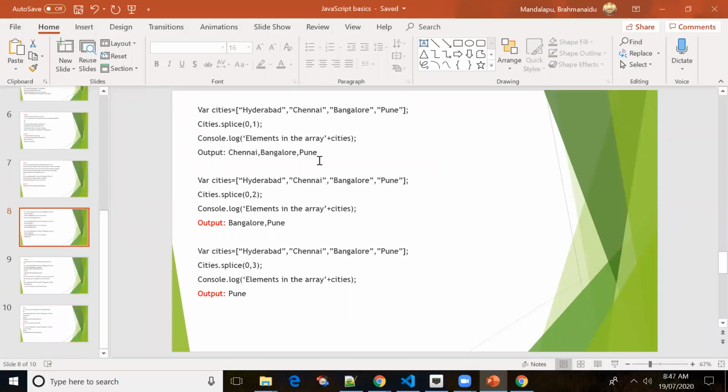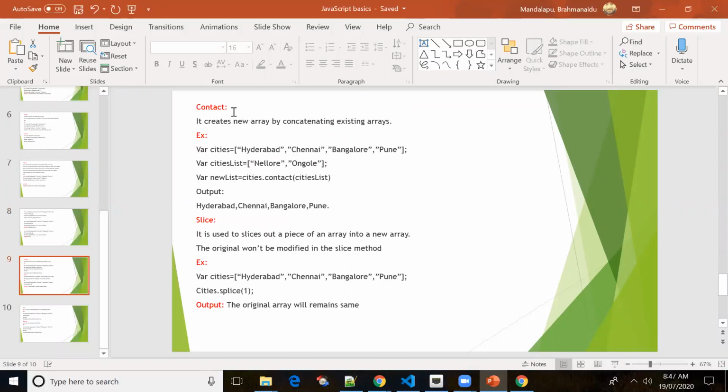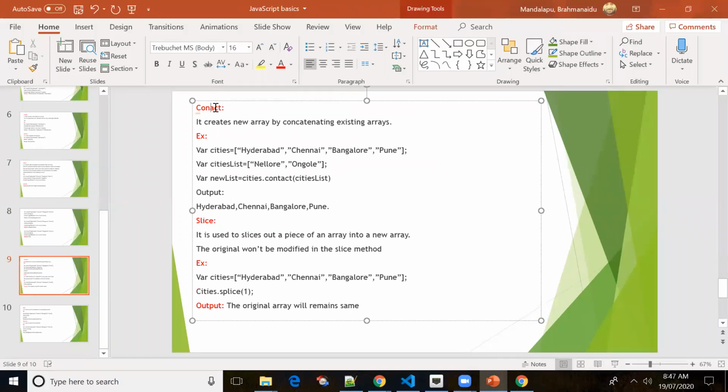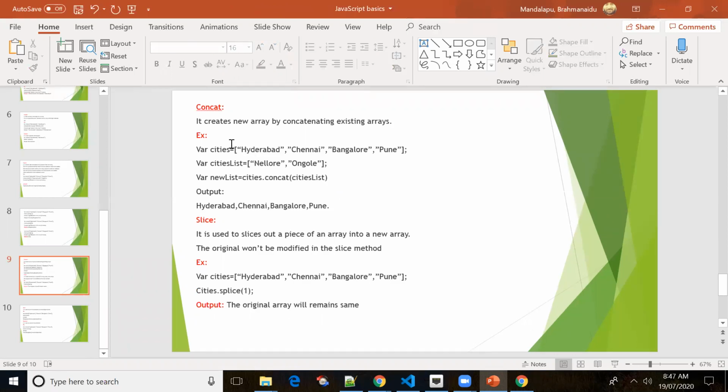These are all examples we have seen already. Concat. If you have two arrays and want to add them into a single array, we can use concatenation.